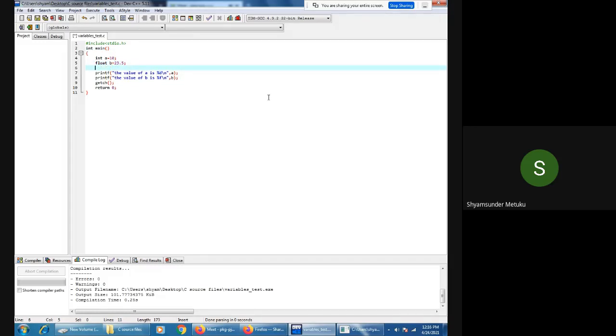What is the third one? Data type. Char. Yeah, you can use more than one letter for a variable name, need not be only a single letter. I'm just using ch as the name of the variable. Can anybody tell how to define a character variable? Single inverted comma. Yeah, within single quotes, that is more important. Is it okay? Yes, sir.